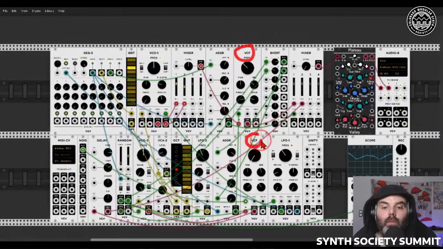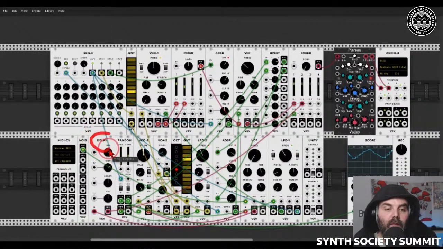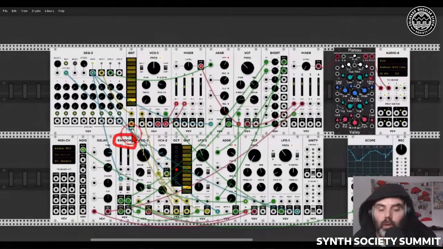Again, everything is from VCV Rack. Then here we have the 8-vert, which is 8 attenuverters, so you can attenuate a signal and also invert it, so you can really change the range of a modulation source, for example. Then we have here some noise, just to add more interest to the sound if you want, or use noise in other ways. The VCV delay module, which is really fun, I have to be honest. And we have the random module, which is a sort of a sample and hold with extra features. And another VCA, because you cannot have enough VCAs.